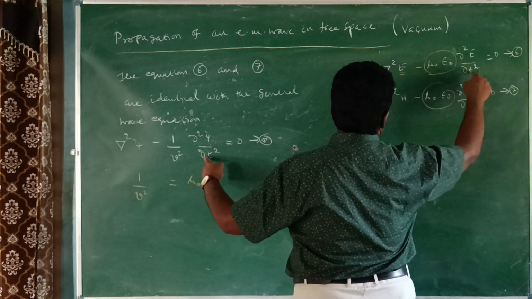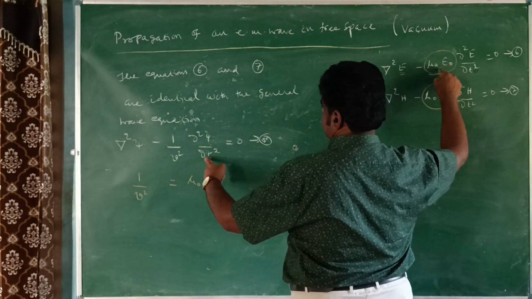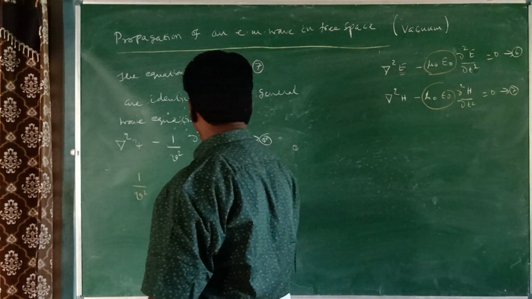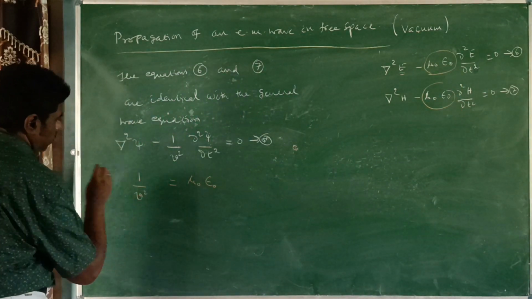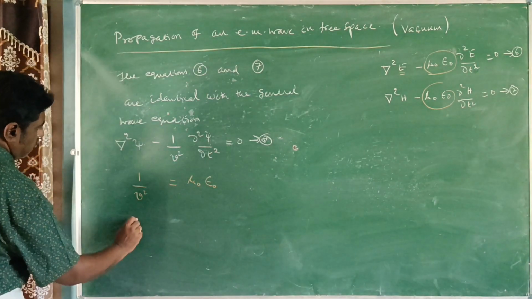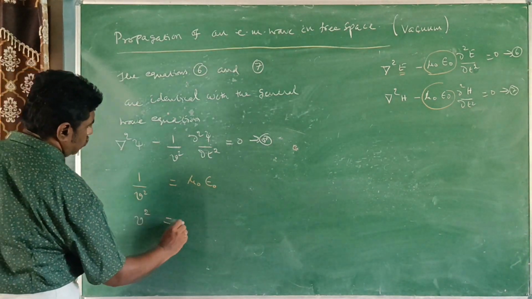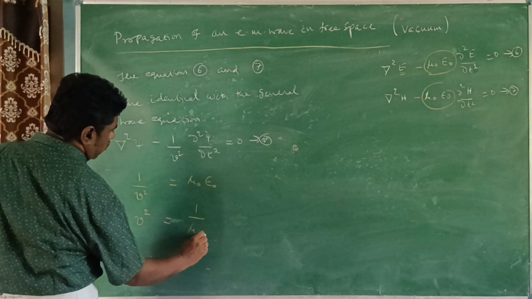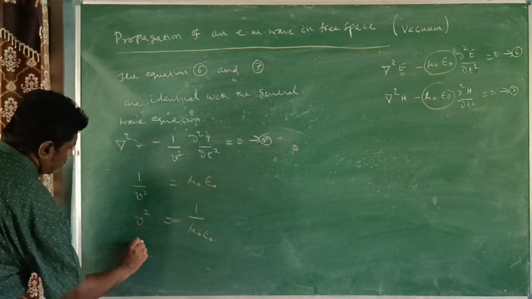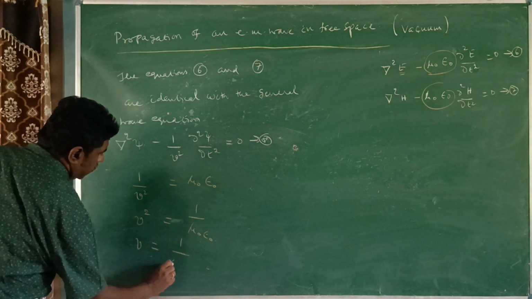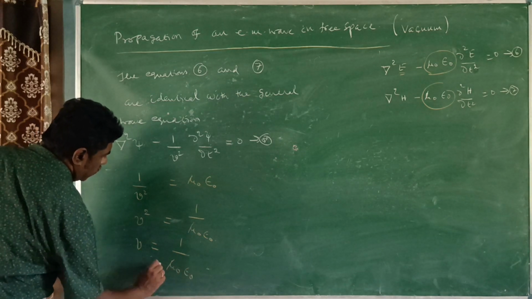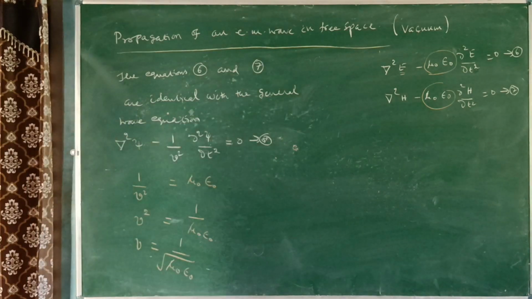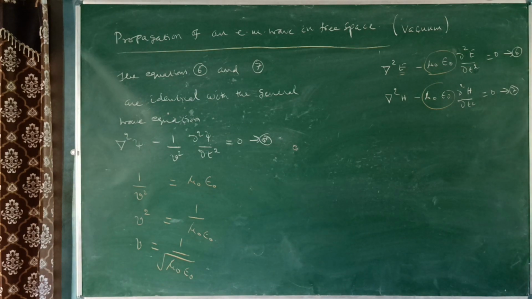So instead of 1 by v square, we can write mu naught into epsilon naught. Therefore, v square is equal to 1 by mu naught epsilon naught. Then v equal to 1 divided by the root of mu naught into epsilon naught. This is the velocity of an electromagnetic wave